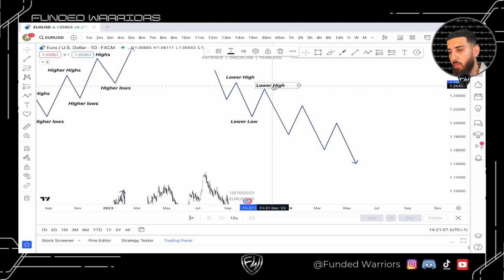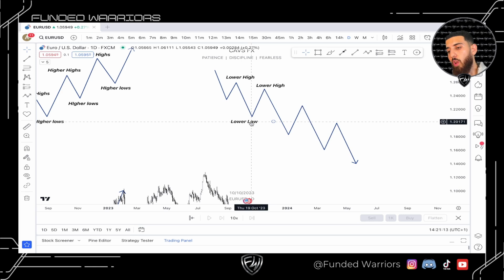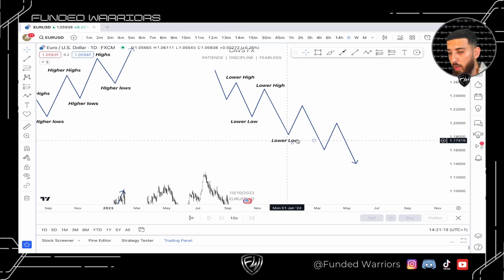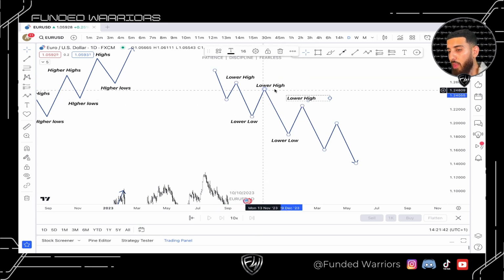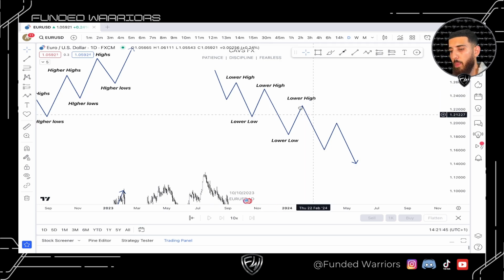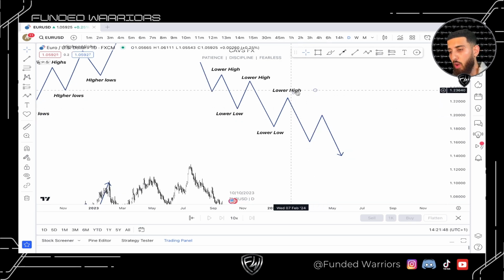So we just go ahead and label this, and then what did price do? It came back down and broke through the previous lower low. So that means now price has created a new lower low. This was the lowest point the market came to after the move, and the market passed the previous low to create a new low. Now what did the market do? It came back up, however it didn't breach the lower high, so therefore it created a new lower high, because yes, the market did come up, but because it's lower than this high, we call it a lower high. And then so on and so forth,